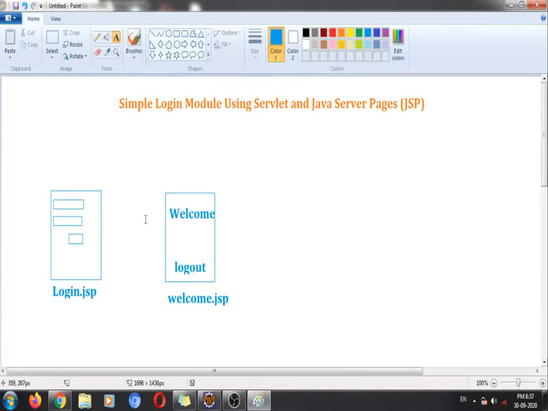So whenever the user clicks on this logout button, the user is going to be redirected to this login page.